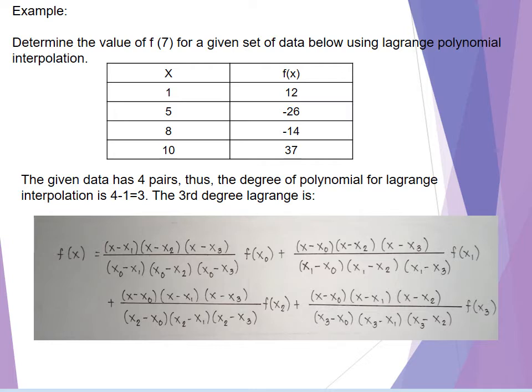Makita nga x minus x sub 1 multiply by x minus x sub 2 multiply by x minus x sub 3 all over x sub 0 minus x sub 1, then again x sub 0 minus x sub 2, then x sub 0 minus x sub 3, multiply by the function of x sub 0. Ang function sa x sub 0 na to ang 12 sa table, tanaw sa table. So pasabot ani